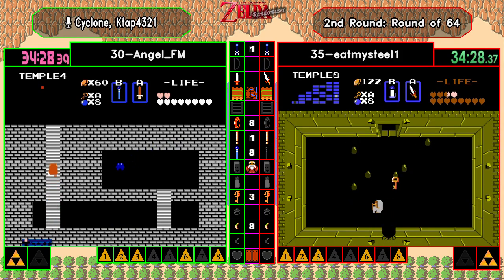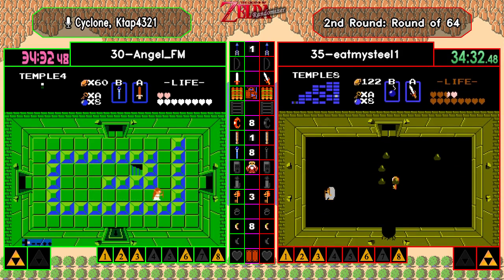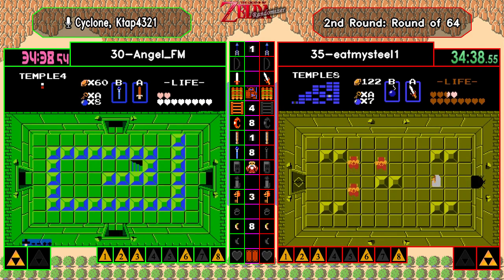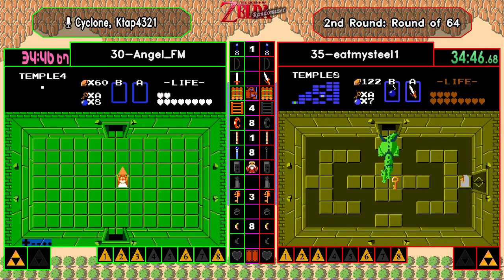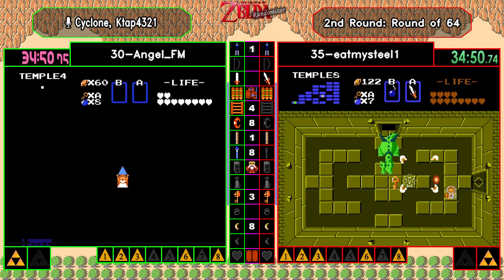This means we have to find the bow somewhere. Pretty much. You know, if the bow is here in level 4, this could put Angel FM into go mode. Actually, the bow is the item that either runner would need to go into go mode. Now, the ladder could be argued to be necessary for go mode as well, but we haven't confirmed